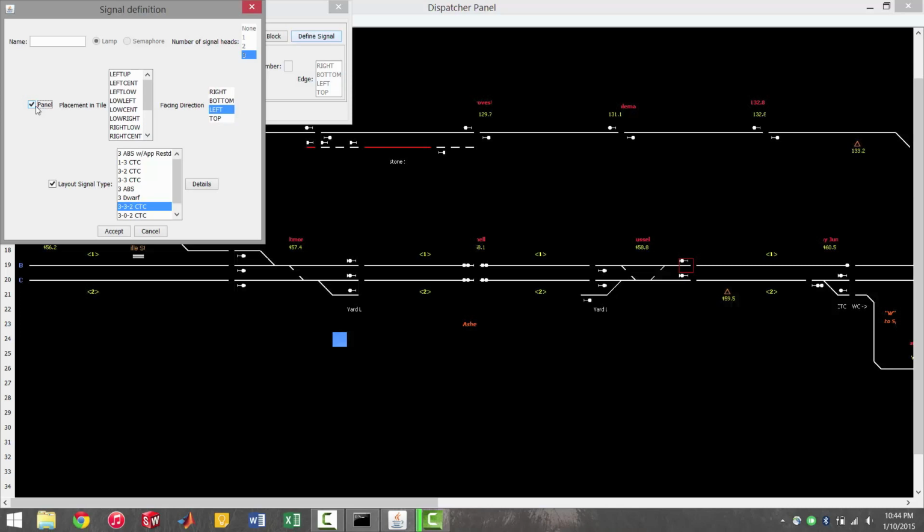Now the only way that you would not want the signal to show up on the panel is if it's an intermediate signal or something that's just completely logic controlled, no dispatcher input at all. And these are typically intermediates. Really ABS signaling you can do this way, but intermediates are really ABS. APB signaling would be this way, but yeah, you don't want to hide dispatcher controlled signals because then you can't control them. So you just select this box here, and then you select where you want it to go in